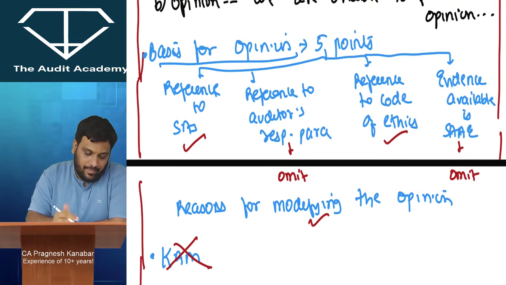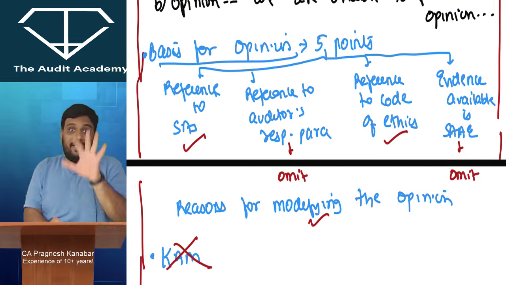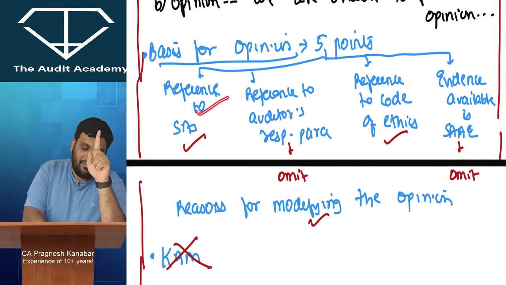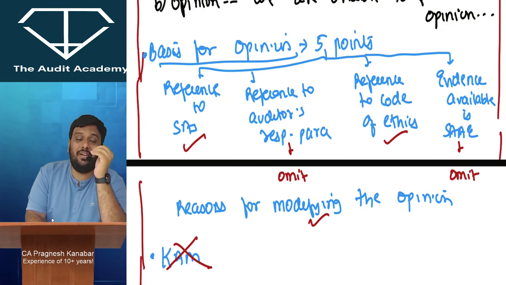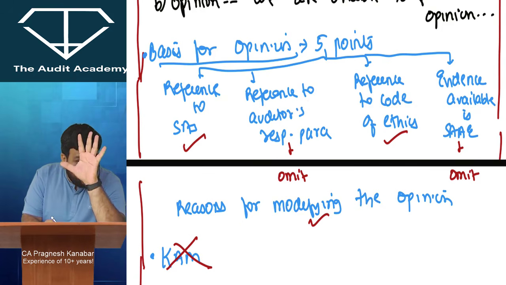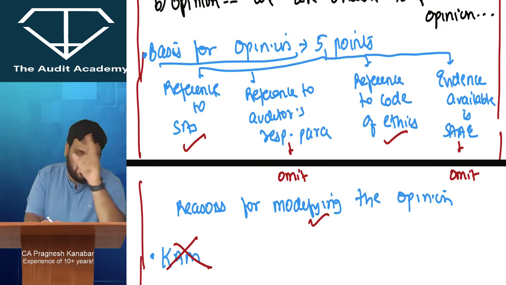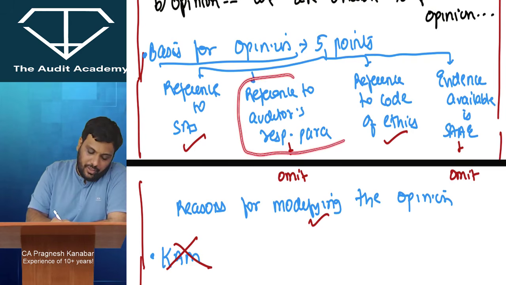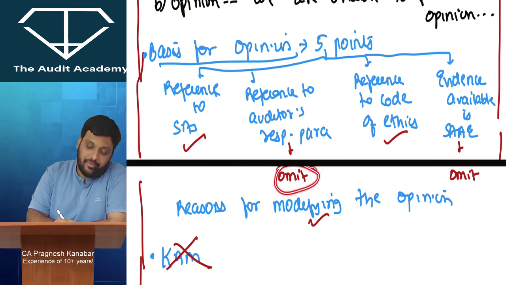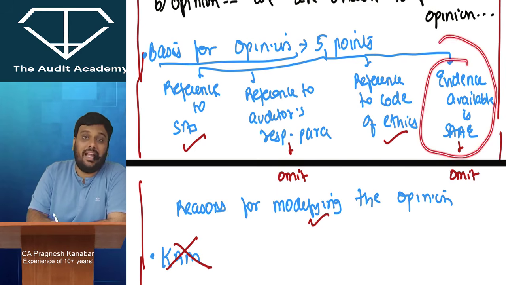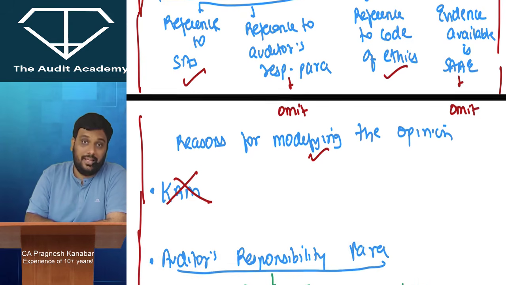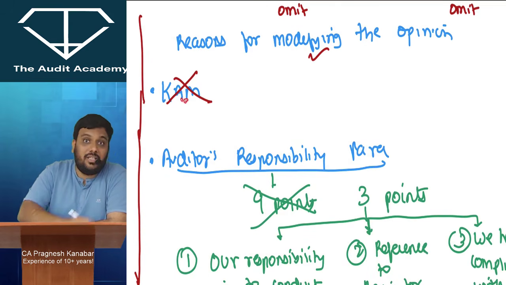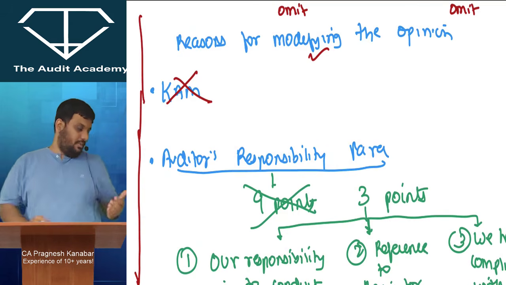Then listen to me. In basis for opinion, normally there are 5 points. Normally, reference to SAs, reference to auditor's responsibility paragraph, reference to code of ethics. Then we say that evidence available is sufficient and appropriate, and we give reasons for modifying the opinion. Out of these 5 points, 2 points will be eliminated. Which 2 points? Reference to auditor's responsibility paragraph will be omitted, and this particular line that evidence available with us is sufficient and appropriate will also be omitted. Then key audit matters will be completely removed because you have given disclaimer of an opinion, so there cannot be